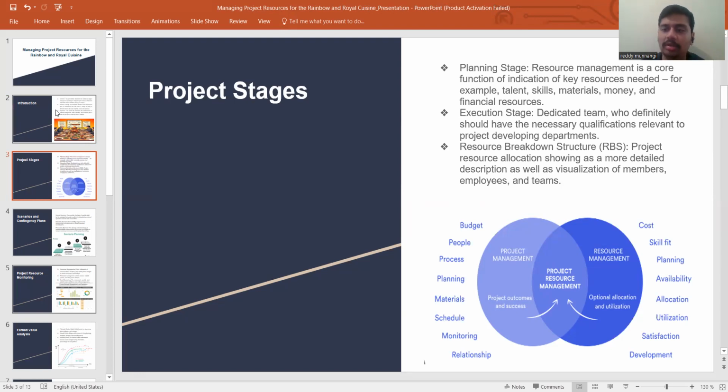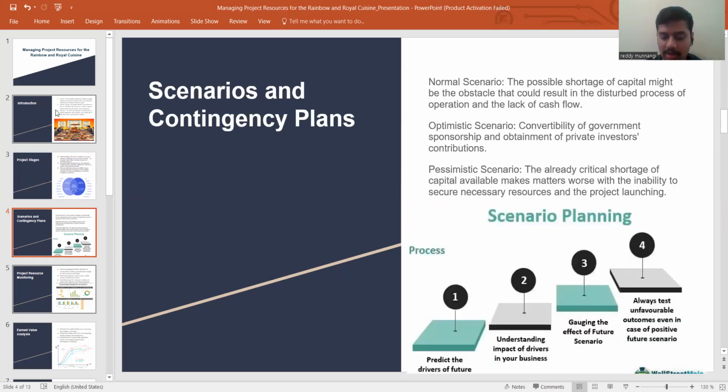And the last one is the RBS, resource breakdown structure, showing project resource allocation as a more detailed description. You can see how it is separated in the diagram below, where cost, skill, and planning are on one side, and budgeting, people, and materials are on the other side of the diagram. Coming to the next slide,